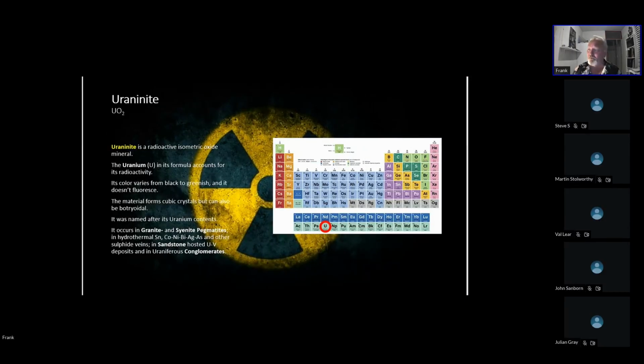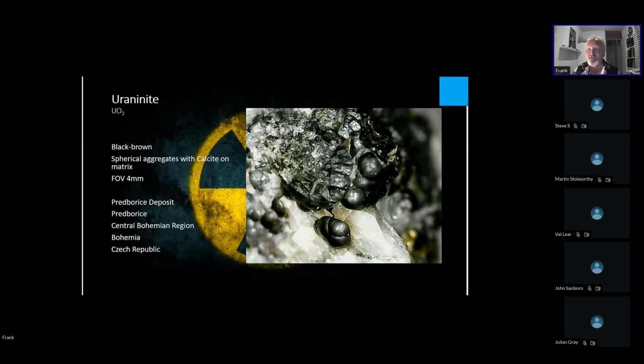Another thorium mineral, thorianite, is an isometric oxide mineral, and its color ranges from black to dark reddish brown and even gray, and it fluoresces green under long wave and short wave UV. The material forms cubic crystals, sometimes rounded when waterborne. It was named after its thorium contents, which makes sense, and it occurs as an accessory mineral in granite pegmatites,